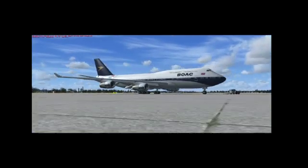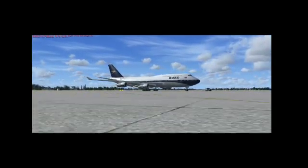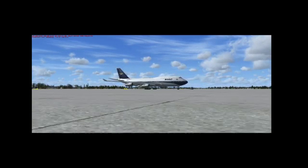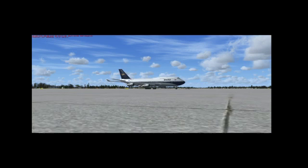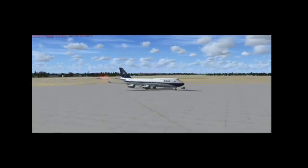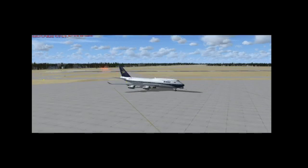Attention passengers, captain speaking. Please listen to the safety instructions for exiting this aircraft, just in case we have an emergency landing and we need to exit the aircraft. There are